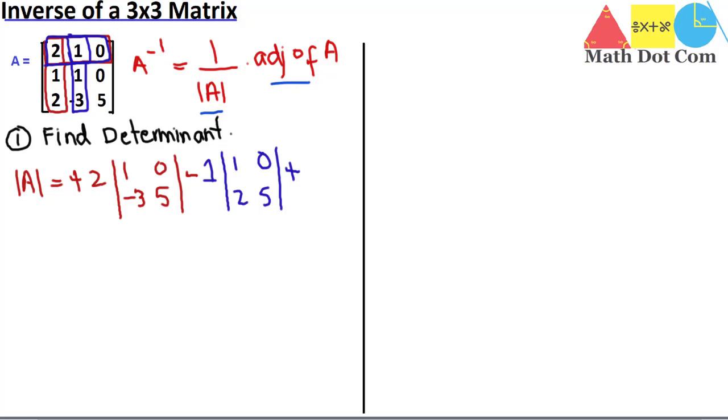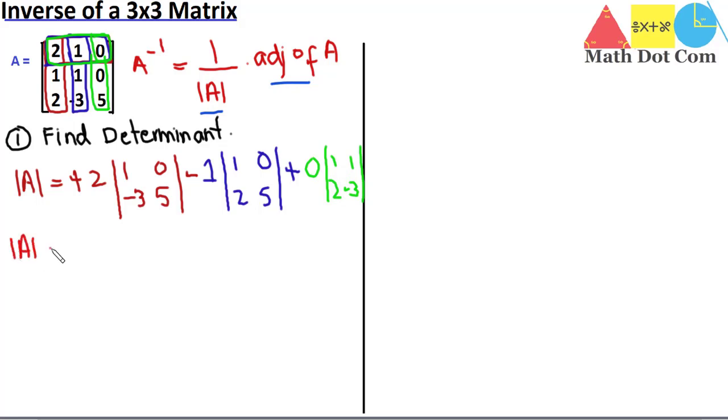Keep this in mind, these signs will be alternating, plus minus, no matter which order of the matrix it is. So plus, then we have to do what? We have to take this 0 and delete the row and column and take the rest of the elements to find the determinant. So plus 0 and the rest of the elements are 1 1, although it will become 0, so I'm just writing it for your understanding. So this is how we can find the determinant of a 3 into 3 matrix.